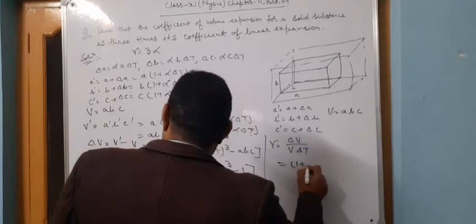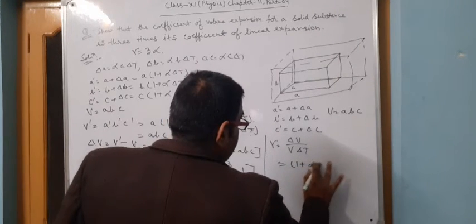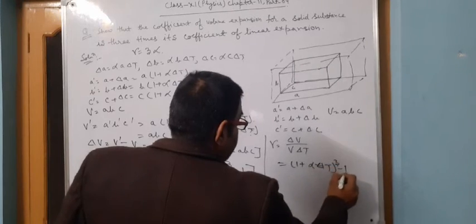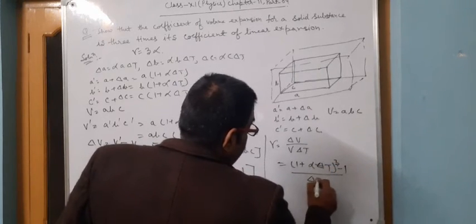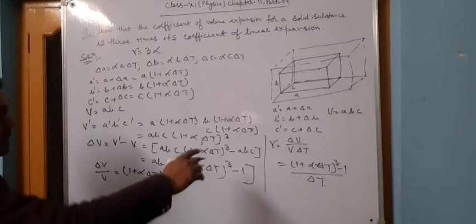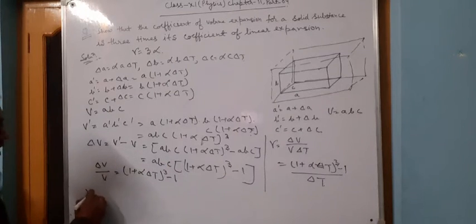1 plus alpha delta T cube minus 1 upon delta T. Okay students, this is the value of gamma. Now what we will do, A plus B the whole cube, we will apply the formula for A plus B the whole cube. So gamma can be written as